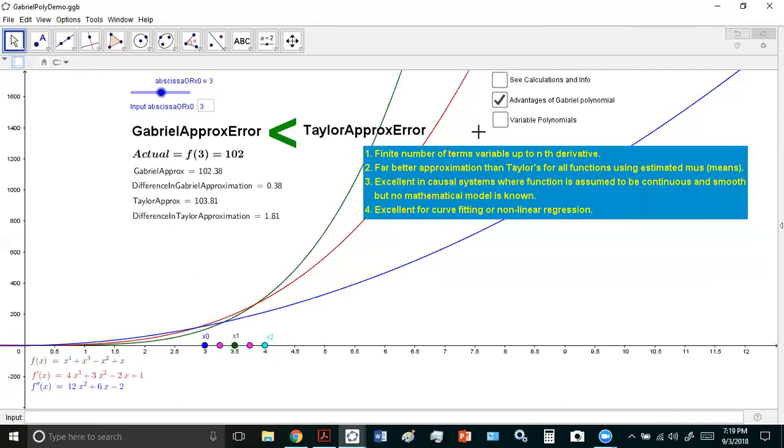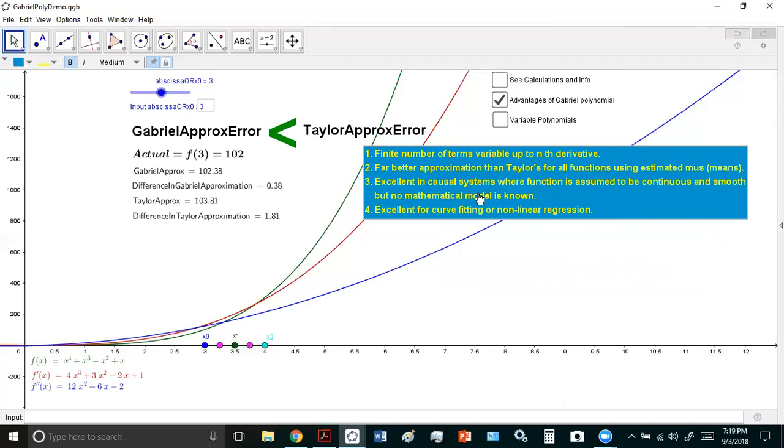And there are many advantages of the Gabriel polynomial. You can have a fixed number of terms variable up to the nth derivative. It always provides far better approximation than Taylor's for all functions using estimated mu's. And remember, that was not really the purpose for it. It's excellent in causal systems where the function is assumed to be continuous and smooth, but there is no mathematical